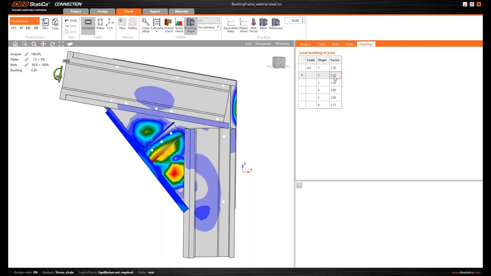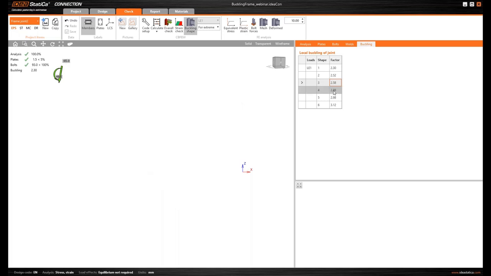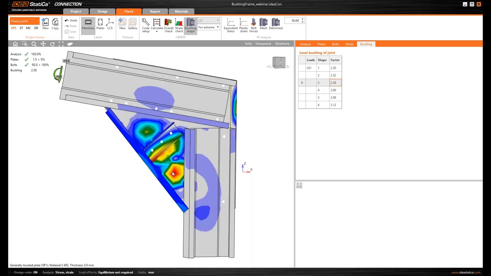You can see that here there's a tendency to buckle in this plate with thickness 3 millimeters, and again here in this plate. Yes, I can add a stiffener, but